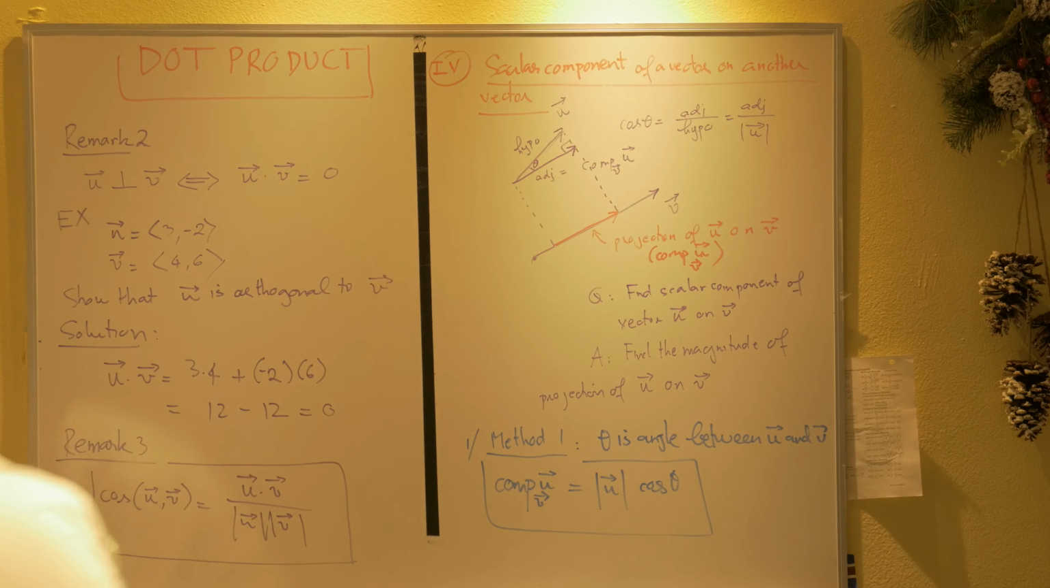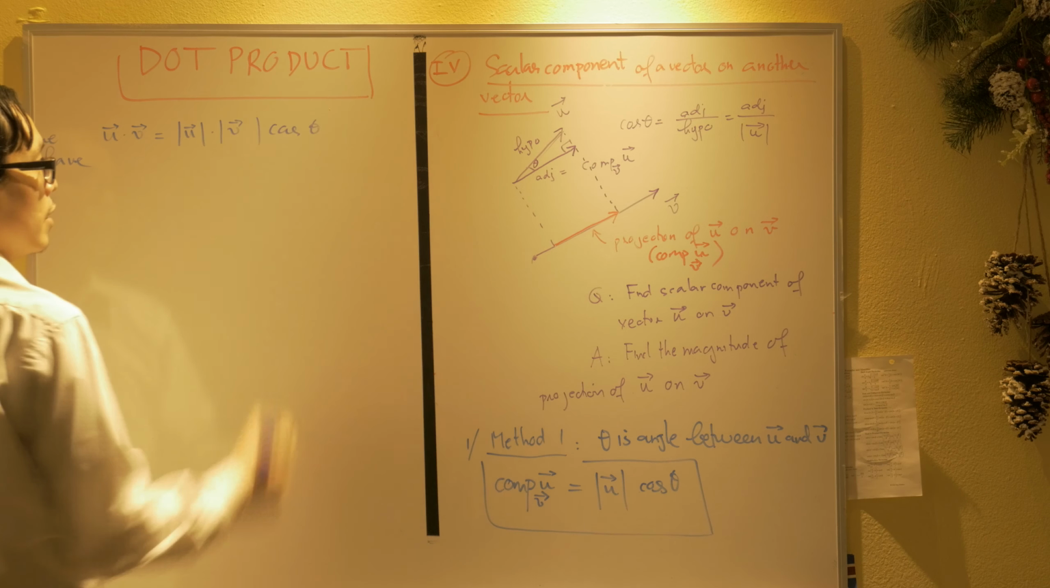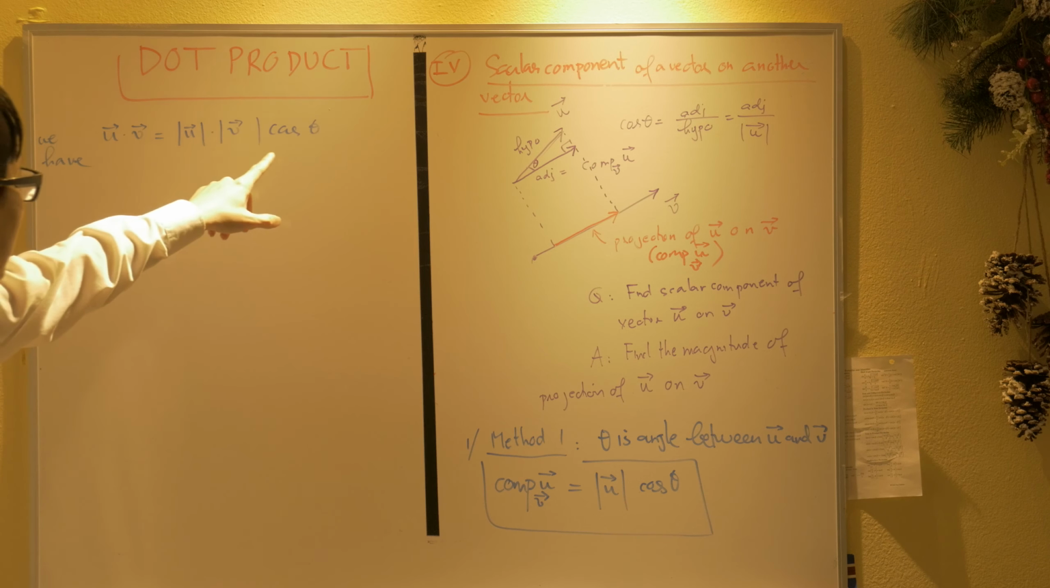We have u times v equal to the magnitude of u times the magnitude of v times cosine theta, right? And if I replace, then over here we can obtain cosine theta, where theta is the angle between u and v. It's u times v over the magnitude of u times the magnitude of v. And if I replace the cosine theta here with this one, then